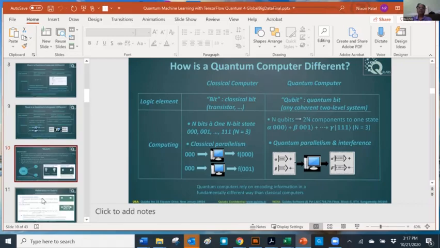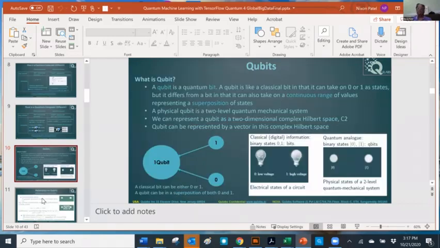Now I just wanted to walk you through some basics. A qubit is a quantum bit, and it differs from a bit in that it takes on a continuous range of values, just like in the Bloch sphere we saw in the previous diagram. In the classical case, it can only be at the north pole or the south pole, versus quantum, where it can be any vector on that sphere. So that's the infinitesimal opportunity here.